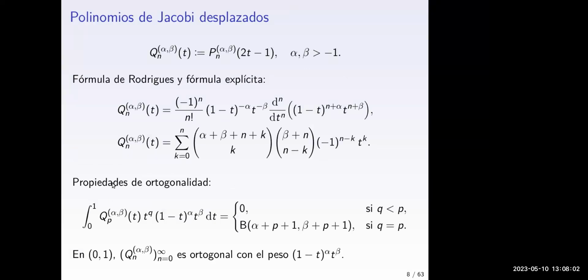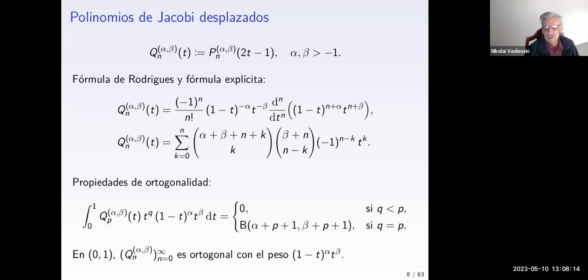Now we need these Jacobi polynomials for the unit interval. We call them shifted Jacobi polynomials. Moisés, just one observation: if you follow your previous talk, you will never end. Maybe you can somehow bypass what you said last time and pass to what you are going to present today? Okay.